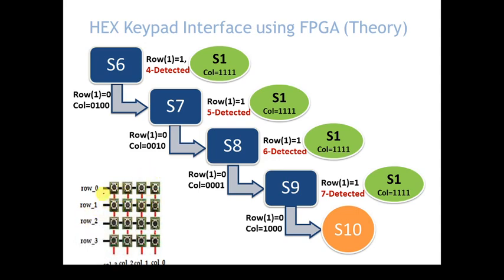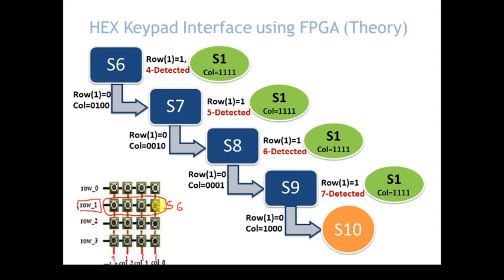So let us assume now we are in the S6 state. This is the S6 state, that means row 1 is detected when initially all column values are 1. You remember initially we are in the S0 state, from S0 we move to S1. From S1 we directly move to S2, S6, S10 and S14. So right now just assume that we are in the S6 state, and out of these 16 keys we come across only these 4 keys. Now we have to search out of these 4 keys which one key is pressed.